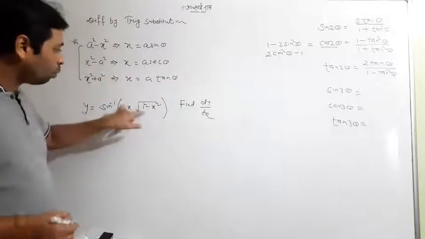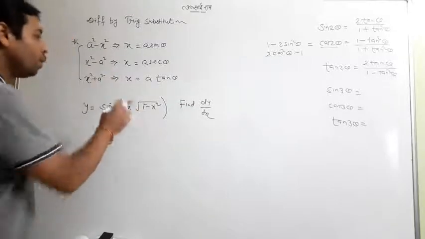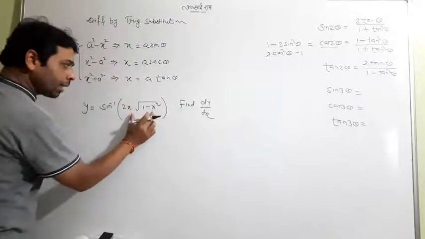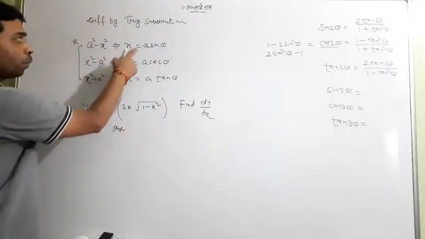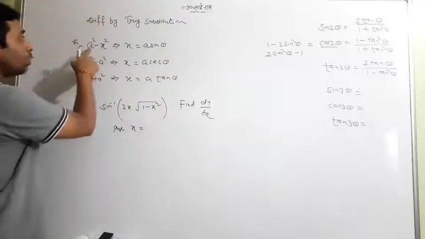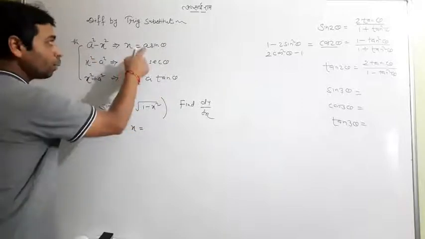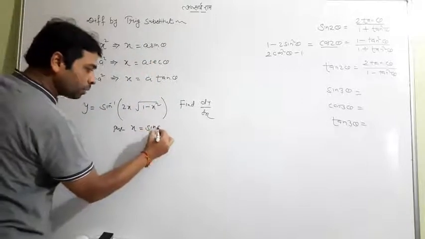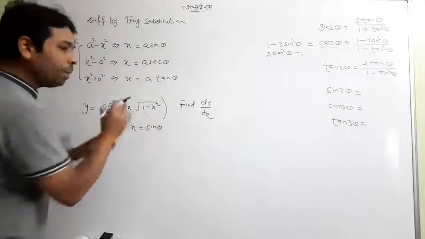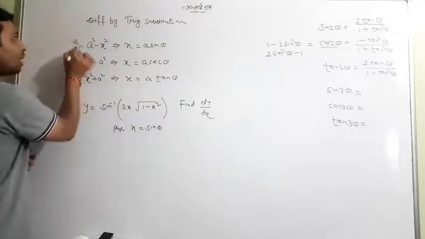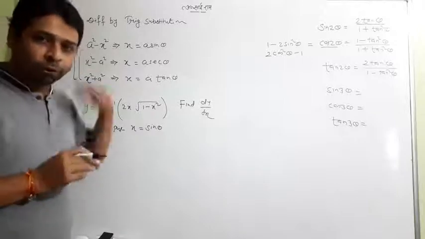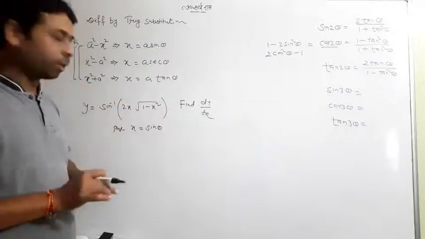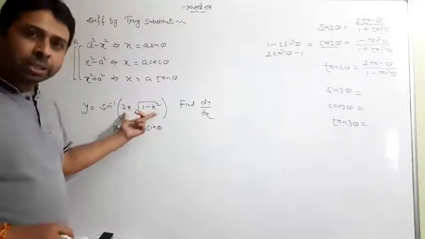So a is equal to what? 1 there. So when I see 1 minus x square in my question, I will put x equal to a sine theta; it was a, it is 1, so x equals sine theta. This will come in our knowledge when we study these 3 substitutions. One more I have yet to tell you, but first look at 3 and then I will tell you later. I think you can see this question in the exercise.